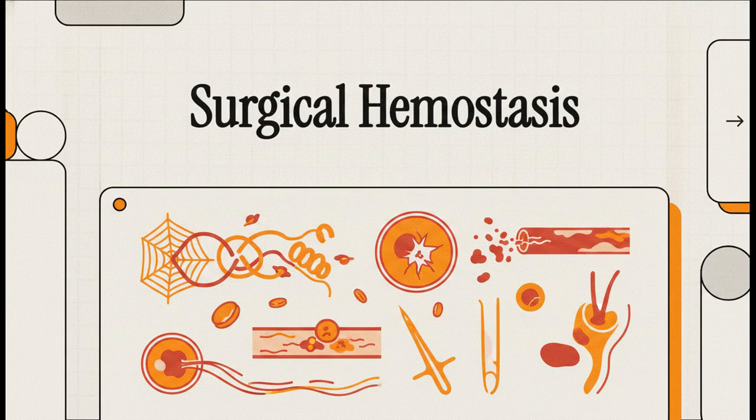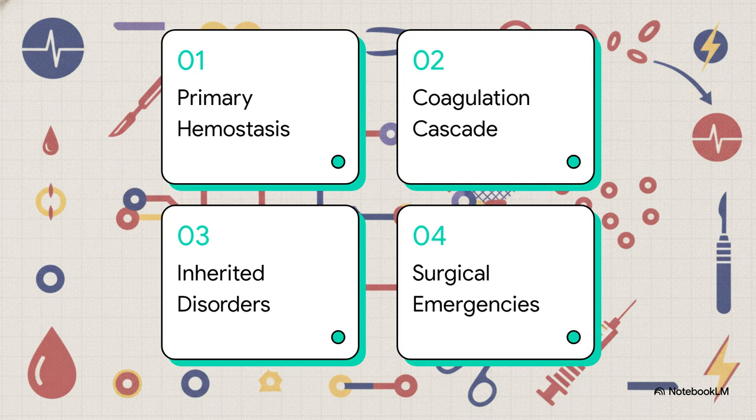Welcome to This Explainer. Today, we're diving straight into the microscopic cascades and clinical emergencies of surgical hemostasis. We're going to sharpen your clinical edge and bridge that gap from cellular injury all the way to real-world operating room crises. Let's go. We're moving rapidly through 4 phases today: primary hemostasis, the coagulation cascade, inherited disorders, and surgical